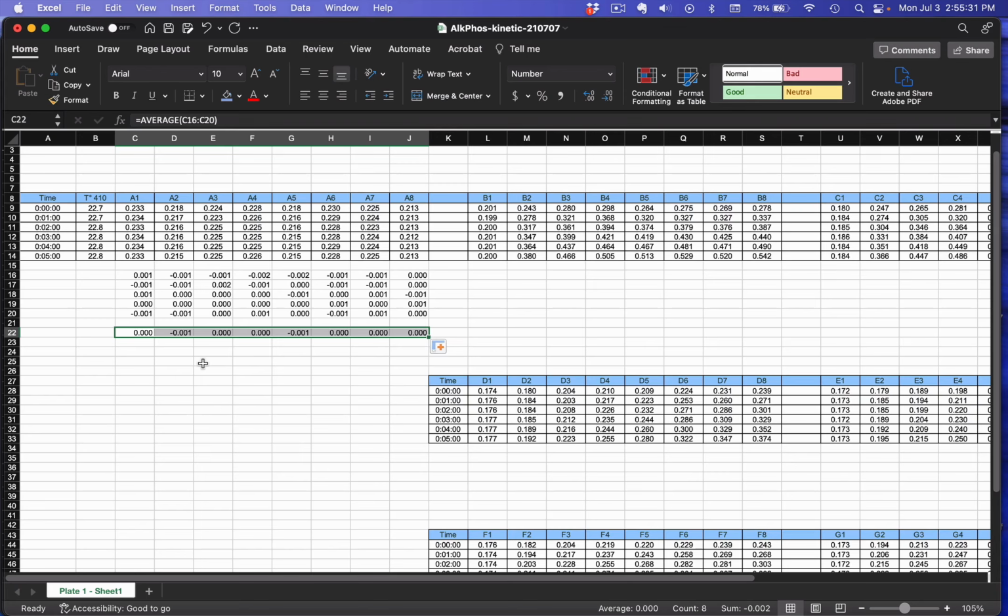Now, if there is a change, you're going to have to factor that into your data. You're going to have to subtract the spontaneous hydrolysis for that particular substrate concentration. The only place you might see any significant change would be out here in columns maybe 6, 7, and 8, because there you're dealing with a high concentration of substrate. And with that, there's more likelihood of spontaneous hydrolysis of substrate since you have so much substrate